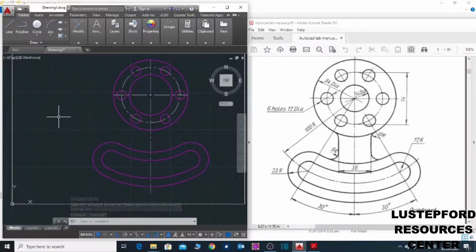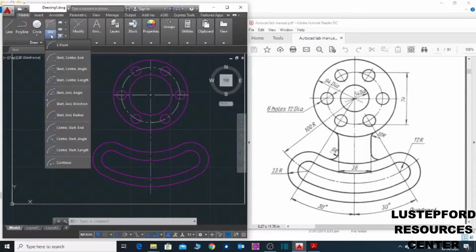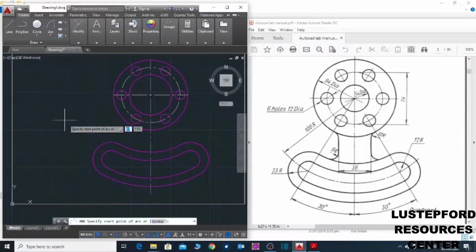I will now create a circle, an arc, with a radius of 100. So what I will do first, this is the start point.